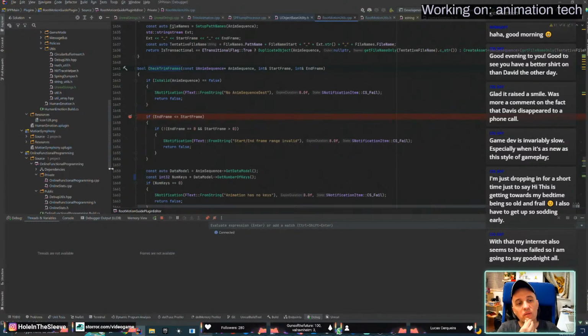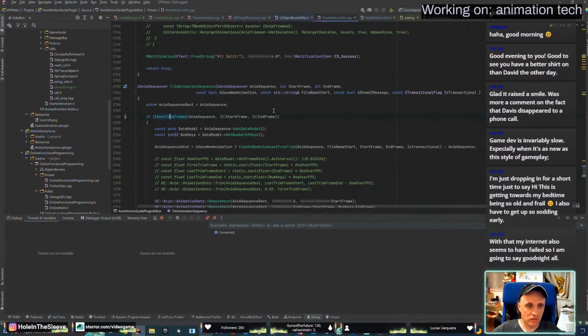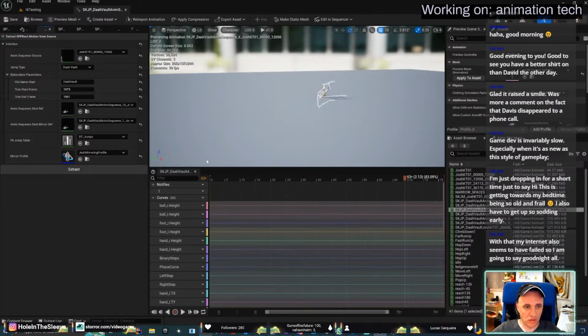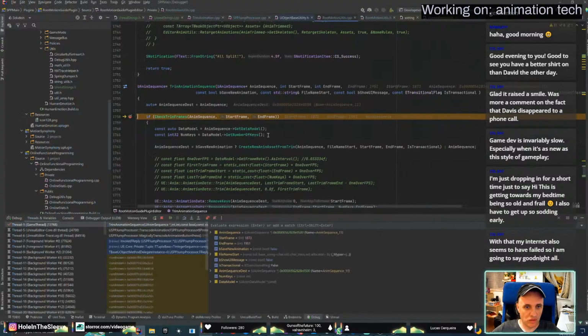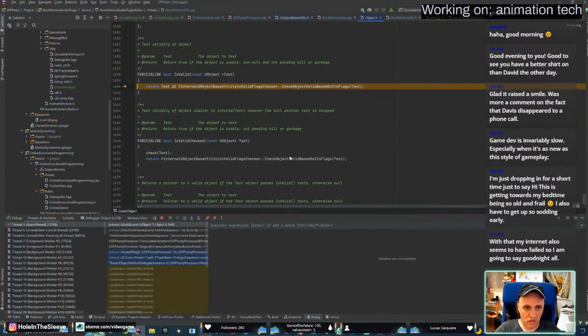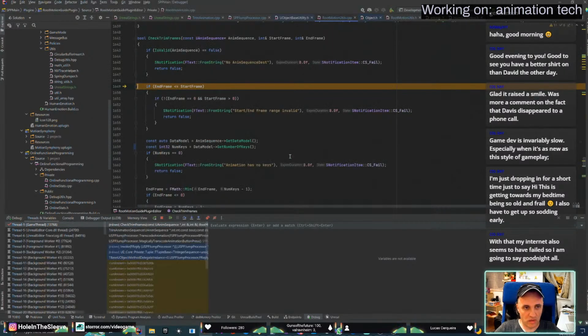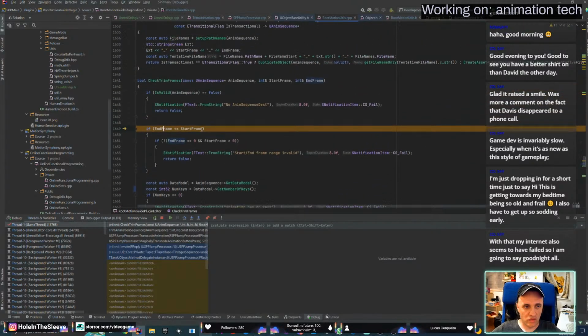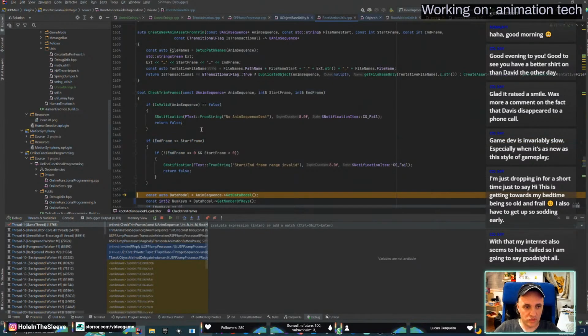End frame. Why is it not stopping anyway? One eight. End frame. Wow, for some reason.